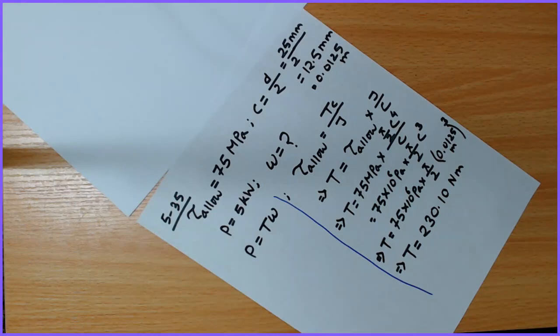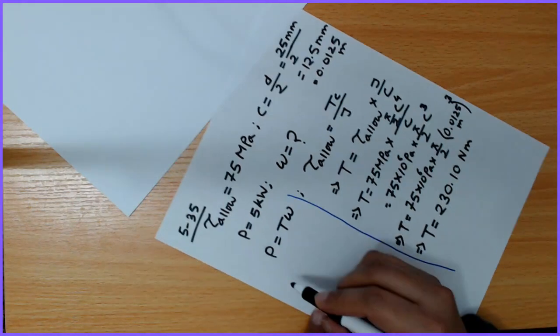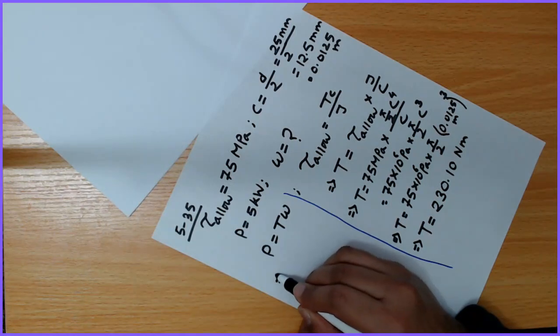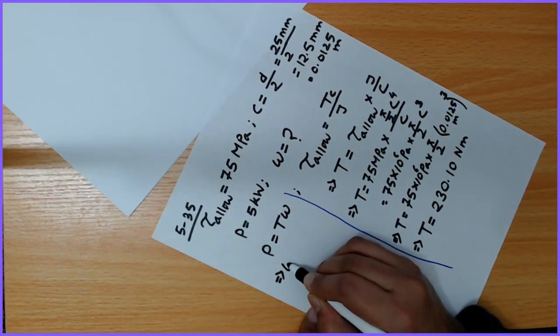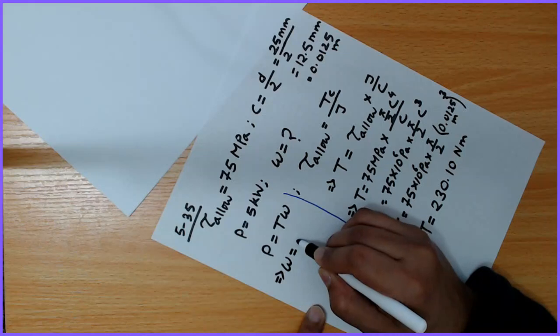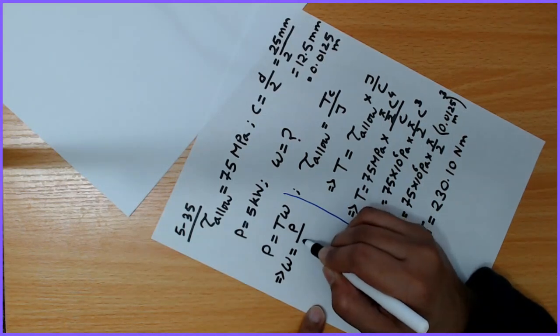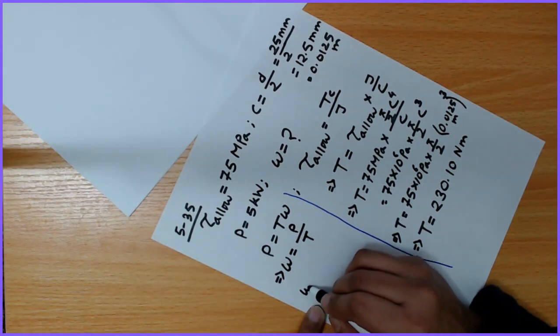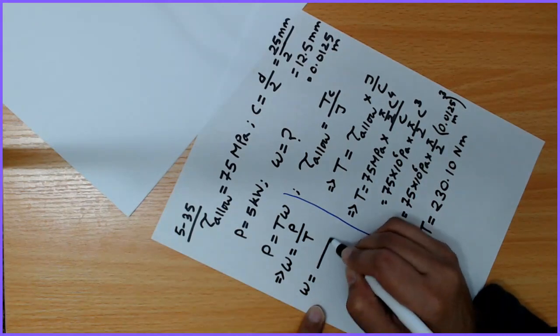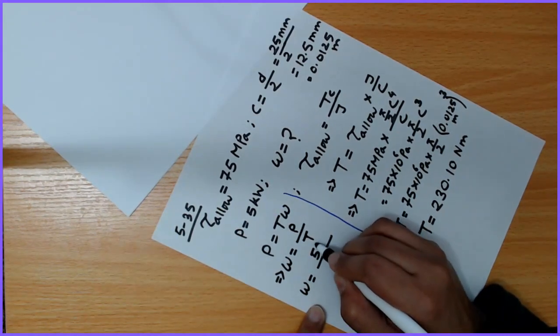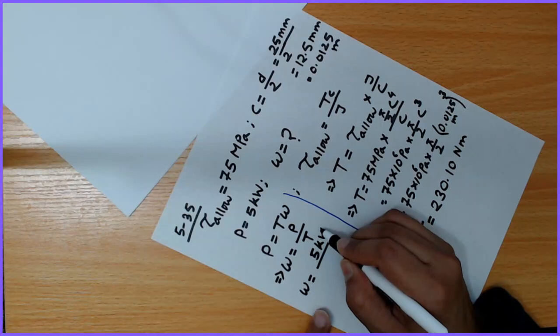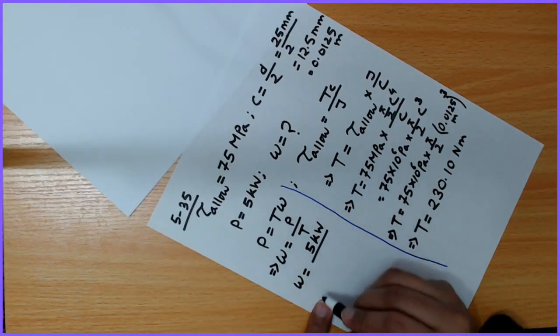Now here, if I rearrange, omega is equal to P by T. We know P is 5 kilowatt, and T is